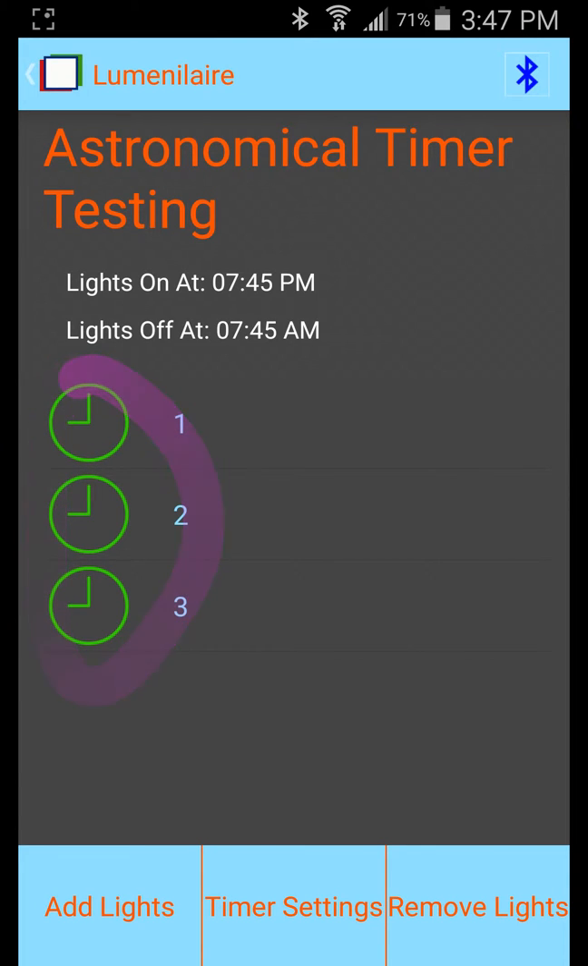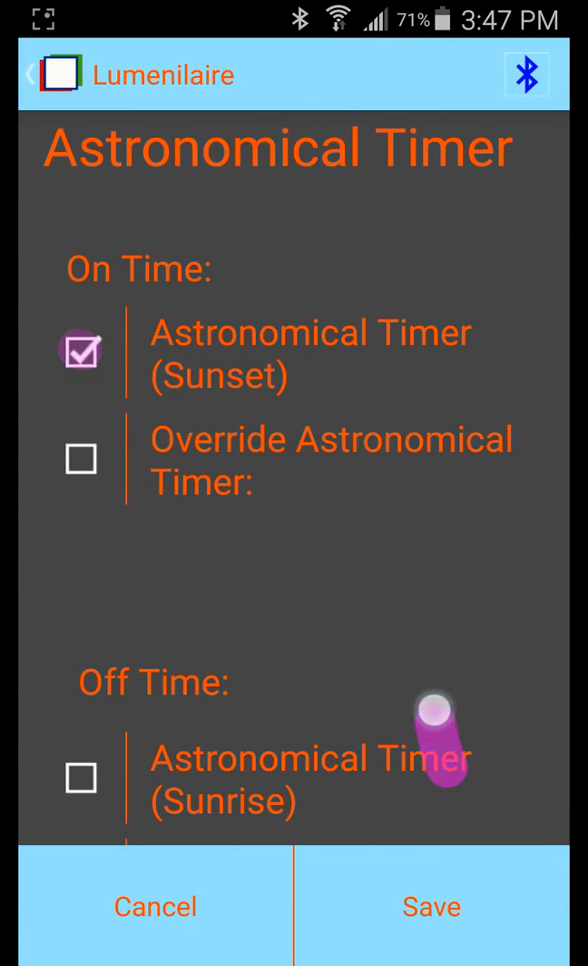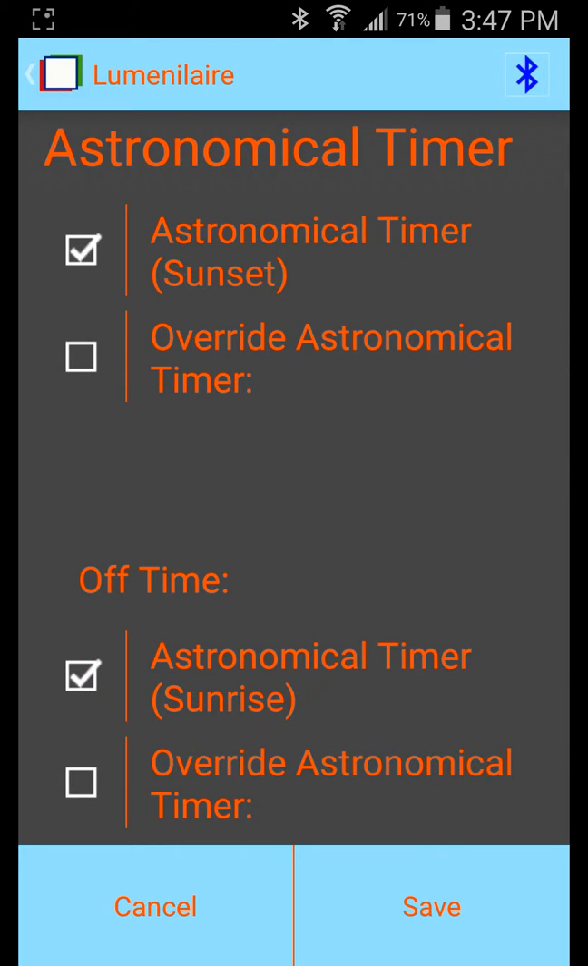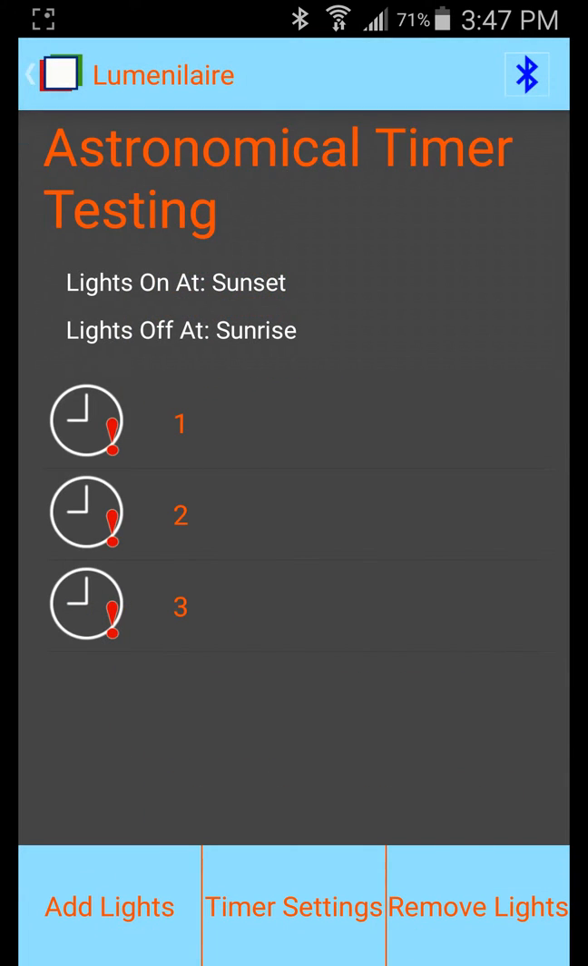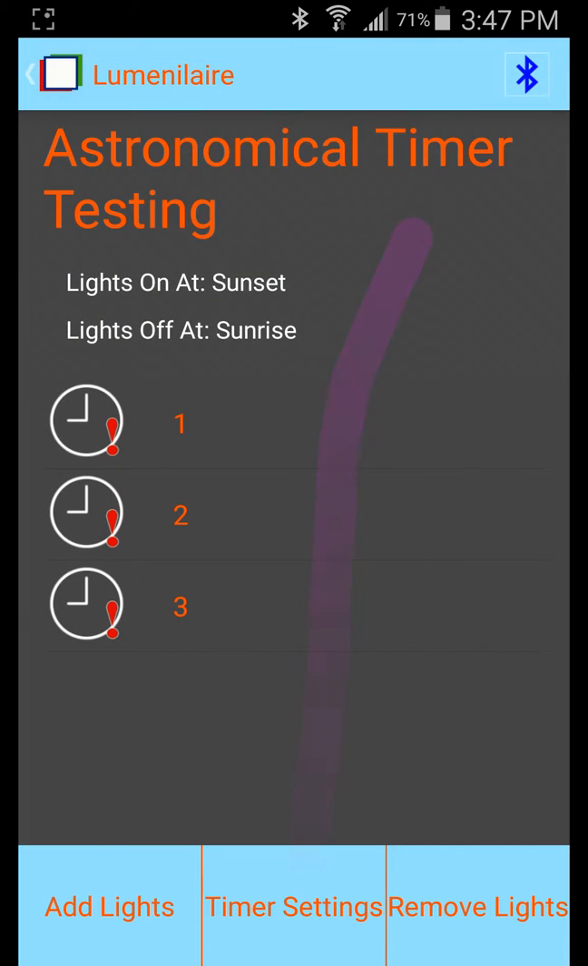After all of your lights have a green clock, that will show that all of the lights are up to date. Now if you are going from an astronomical timer override back to an astronomical timer of the sunset and sunrise, you will need to have your location on the device turned on,